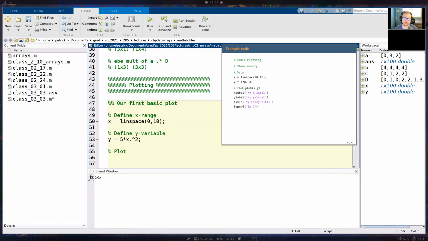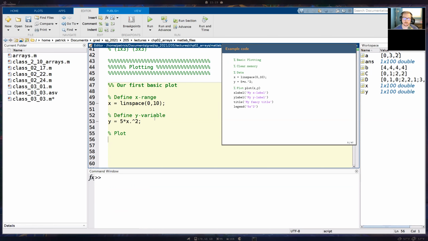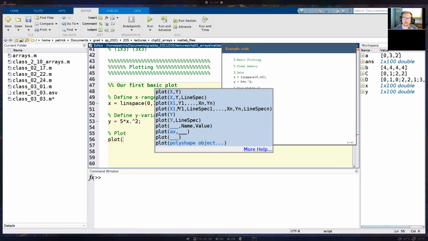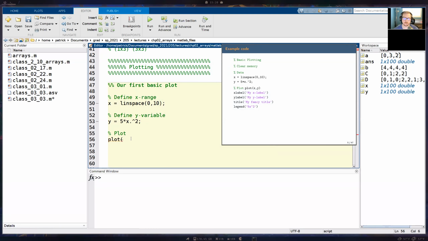Alright, so now we're going to make our plot. To make our plot, all we have to do is use our plot function that we talked about. So plot x comma y. We get our little pop-up, and MATLAB tells us the main function that we're going to be using is plot, and the most basic form of this function is giving 2 arguments: the argument for the x values, and then the argument for all of the y values. So I'll do plot x comma y, and then I'll run this now.